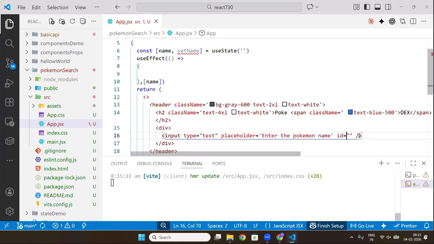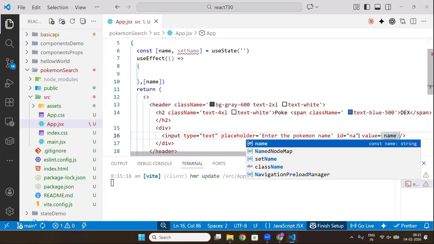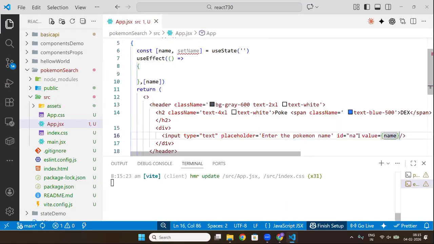I will give one ID if you wanted to give something. Value will be name. Are you getting my point, na? And